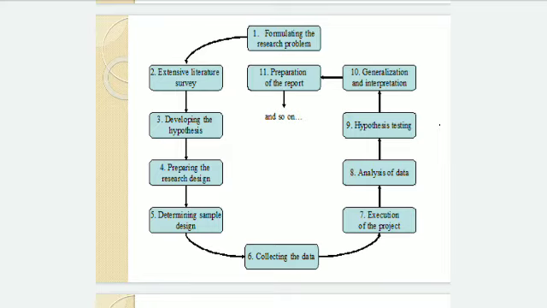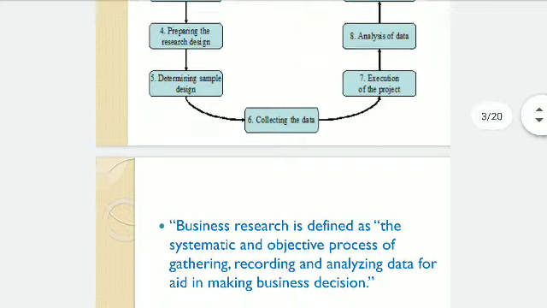Then you have to develop hypothesis. Hypothesis statements are merely statements which identify the relationship between your dependent and independent variables. So your project guide will help you in formulation of your hypothesis statements. Then again, what is research design? Research design, I have already explained in my last video, including the various components of research design. So you can refer to my last video. Okay. So in this way you can proceed further. So I will elaborate the next things.